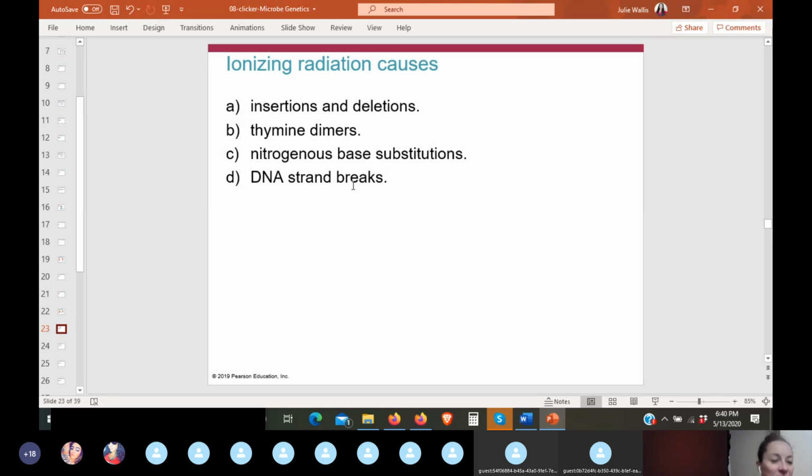Okay, next one, 23. Ionizing radiation causes